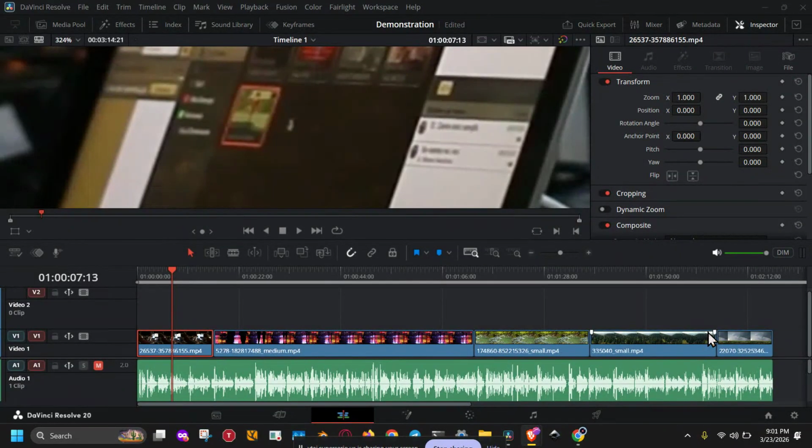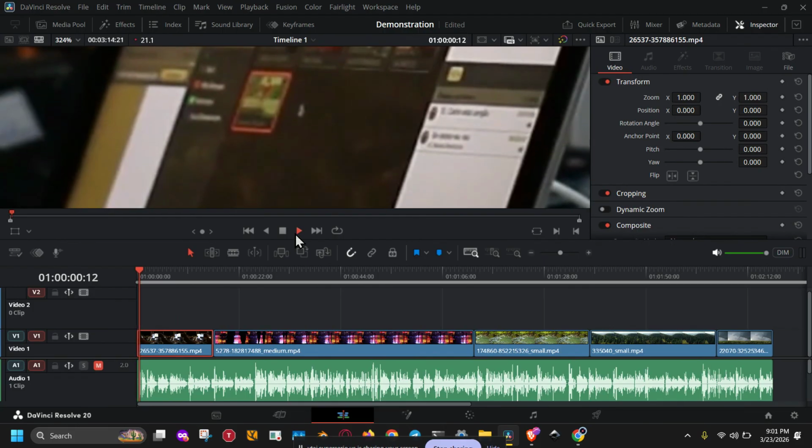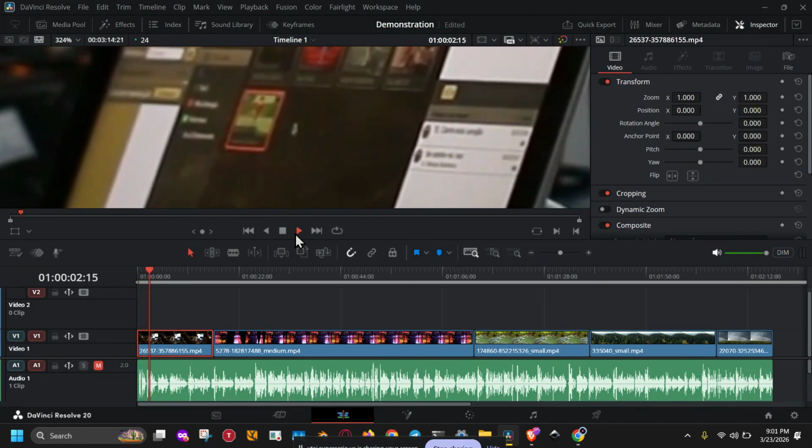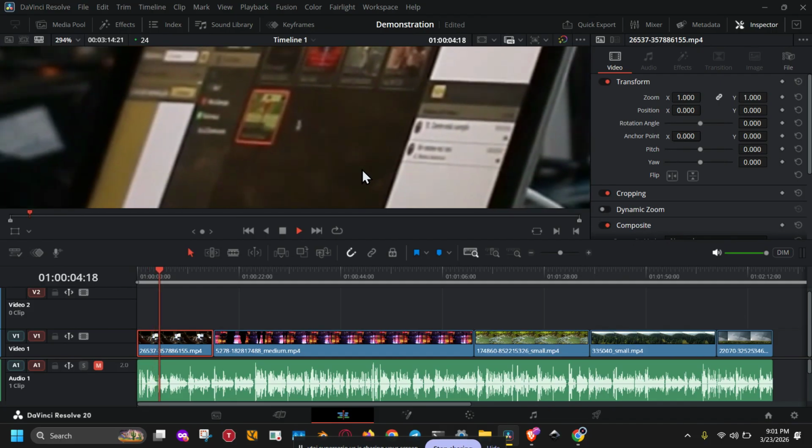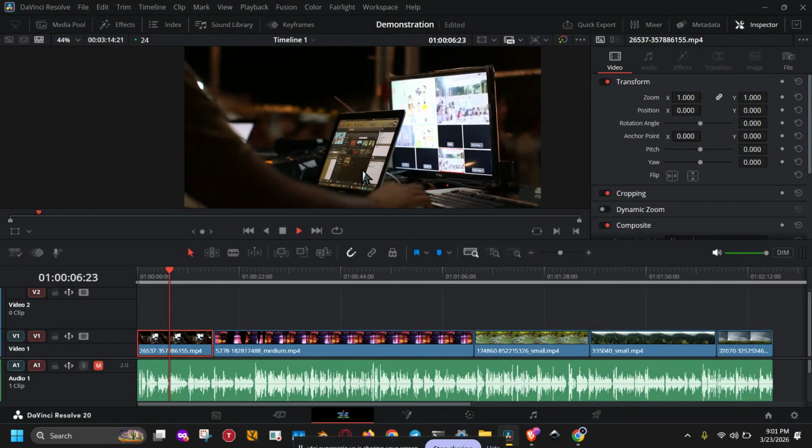If you have shaky footage in DaVinci Resolve 20, don't worry, because in this video I'm going to show you exactly how to stabilize it quickly and cleanly. This is perfect for landscape shots, handheld clips, travel videos, and any footage that needs a smoother, more professional look